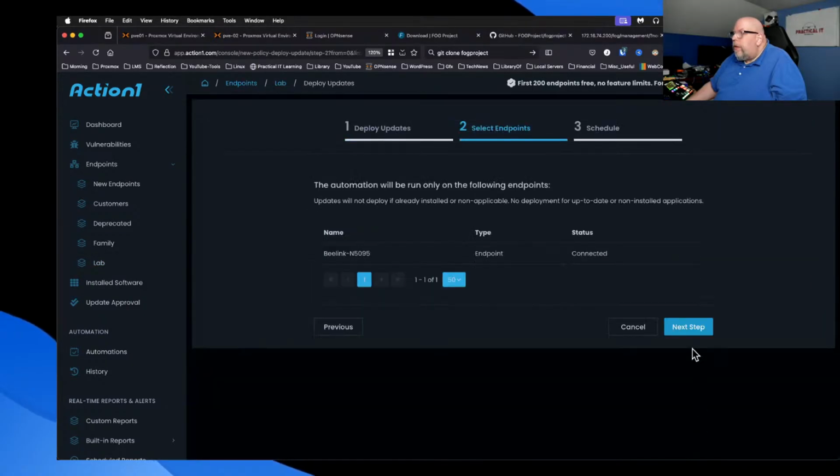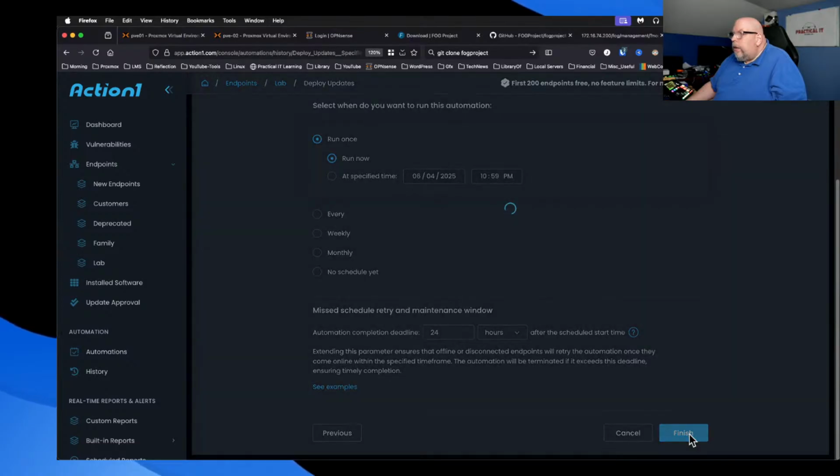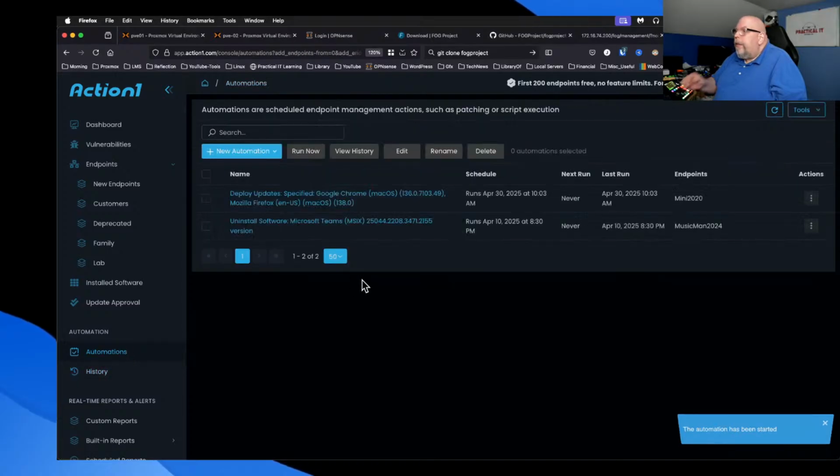I can also schedule it to run at a specified time, or it also lets you do automations. So you could set up, for instance, to